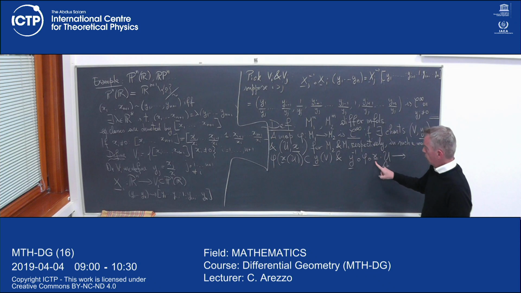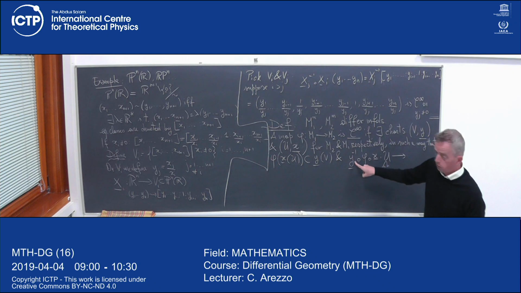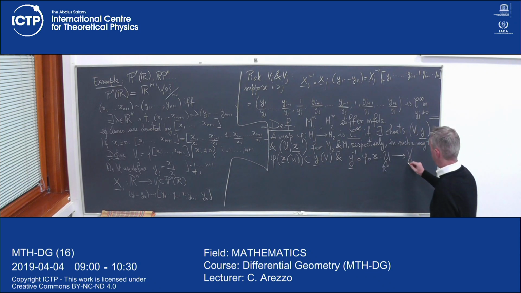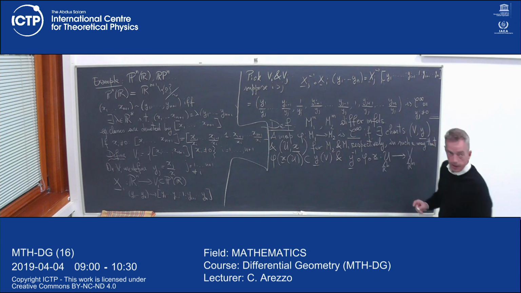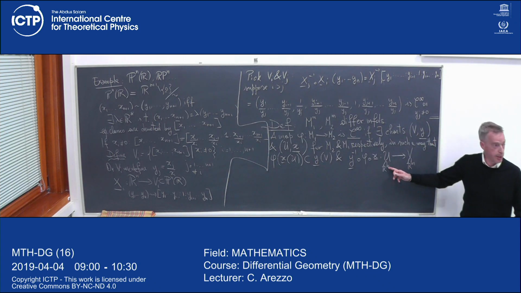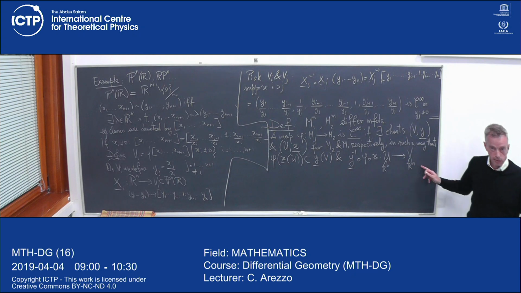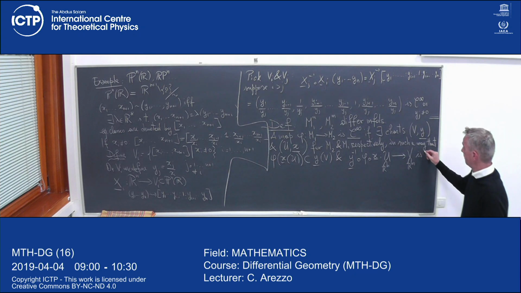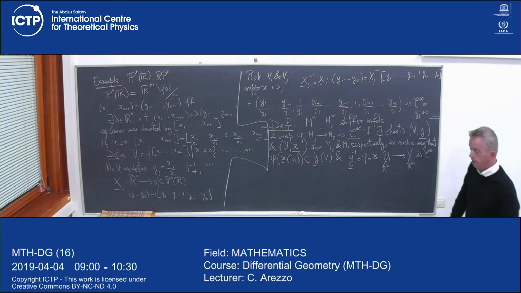Well, you go to M1, then to M2, and now you force it to go back to R^m, so to V inside R^m, and so we are back exactly as we did for surfaces. The only difference is that here we have dimensions n and m, okay? So if this is smooth,